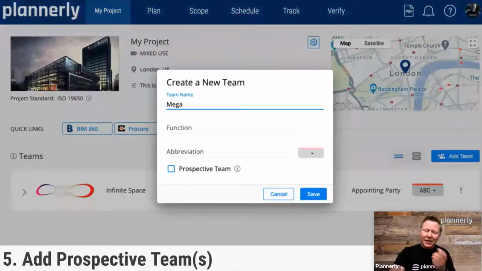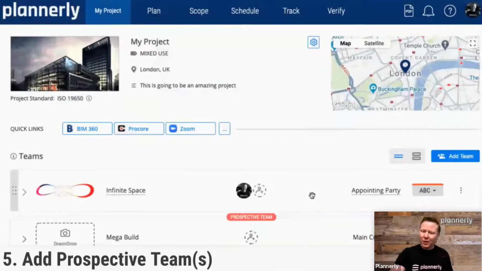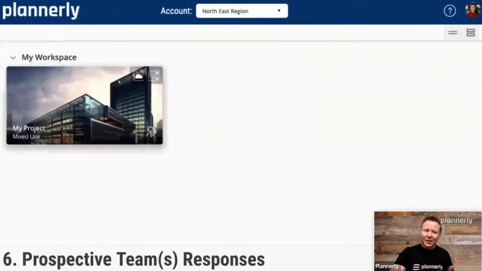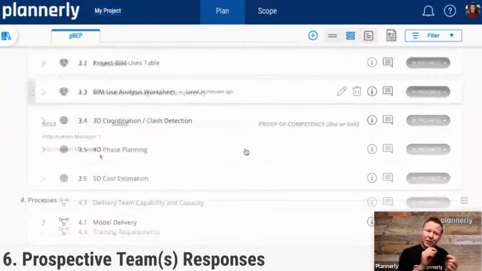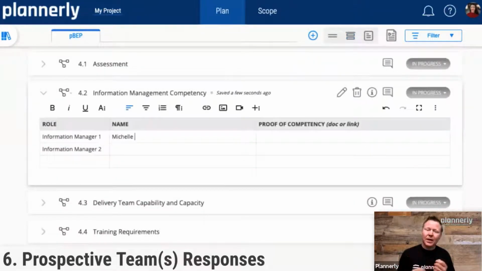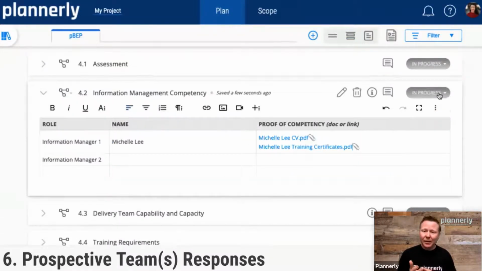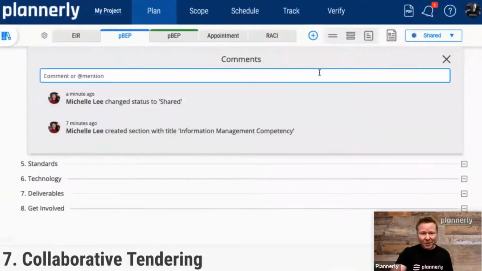And we will add teams that are bidding on the work. So as we are creating new teams, potentially we might want to make them a prospective team. And a prospective team has certain restrictions so they don't have access to everything that maybe other people would need. So this prospective team comes in, they would see less. They would be restricted. They wouldn't see the other teams. They would maybe have certain tabs of the documents assigned to them, and they would then be maybe answering certain questions. Here, they're adding their resume, their CVs, and sharing that so that teams can have access to the response.